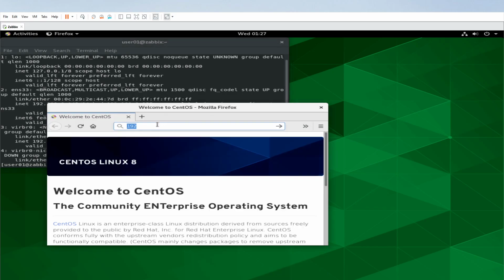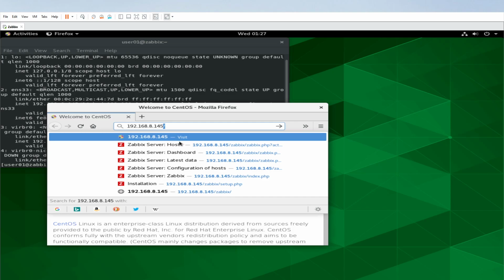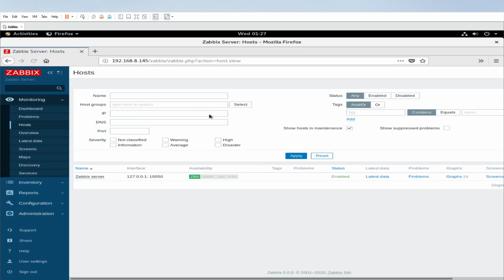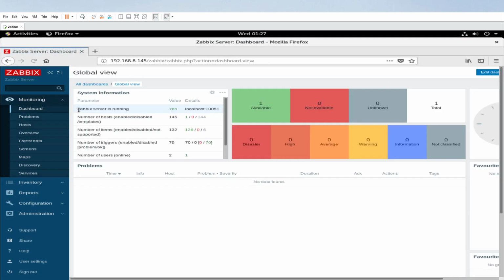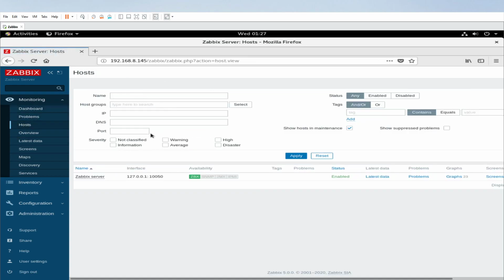So we'll open the front end of the Zabbix server. As you can see, we already opened it. So here it is, here is how it looks. When we finished installing the Zabbix server, I told you we now have to monitor the machines, like virtual machines or the servers or the switches, the physical hosts. So how are we going to monitor them? We are going to monitor them through hosts. So we need to add the hosts in here.